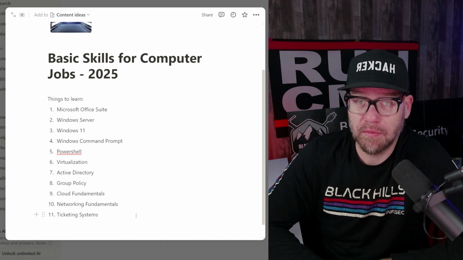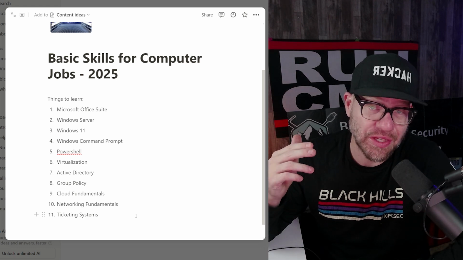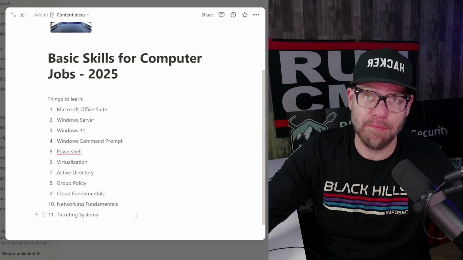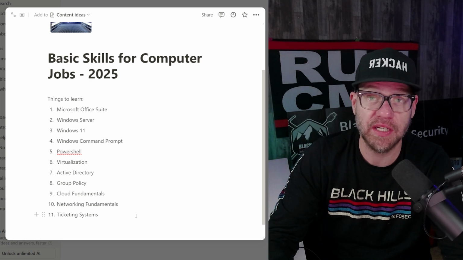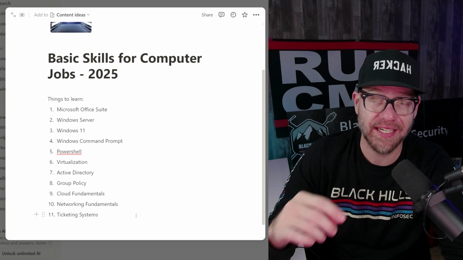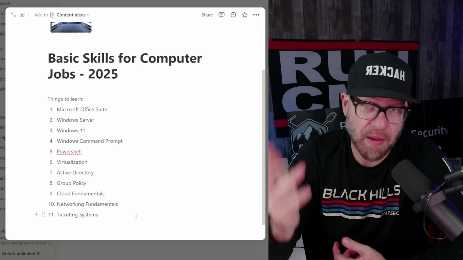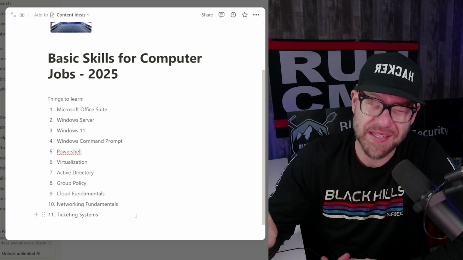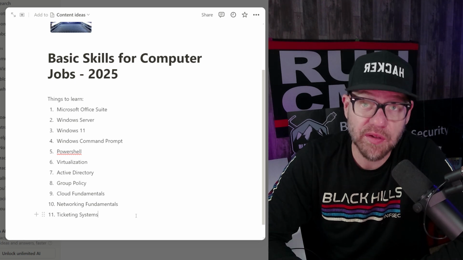Say you get a phone call about an issue that you're not familiar with. One of the first resources that you can utilize from a basic, fundamental standpoint is the ticketing system in your environment. Look in that ticketing system for similar issues. Maybe it's the same user, so look at past issues for that user. Maybe it's a specific computer. You could look up past issues for that specific computer.